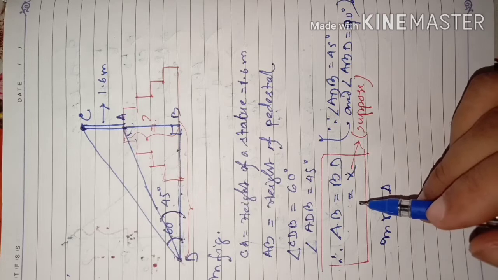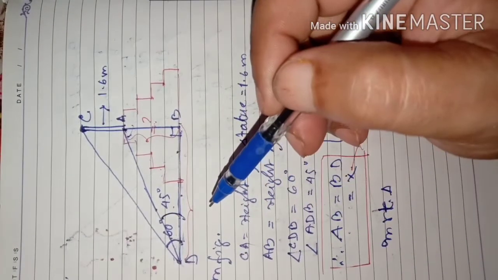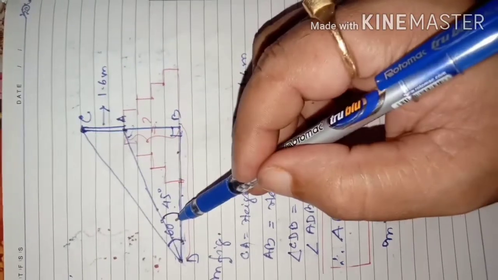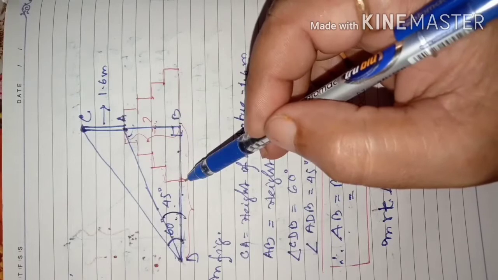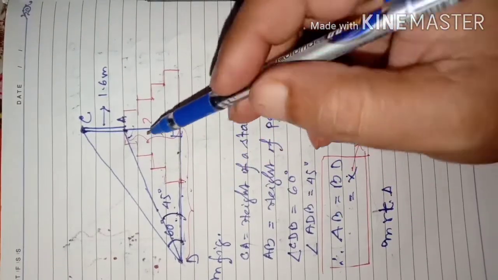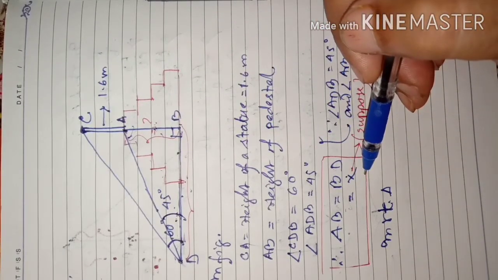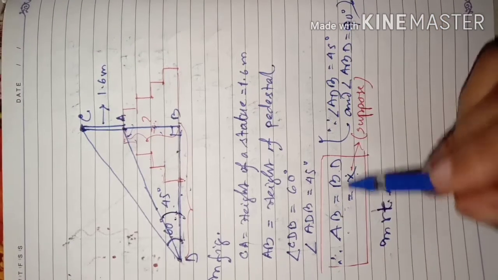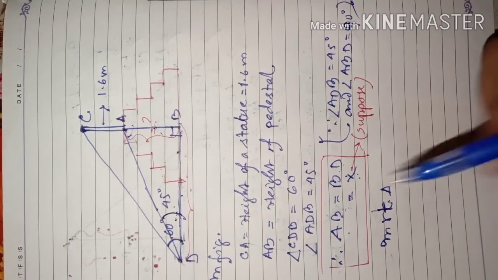You may be thinking we have not yet applied it. No, we have, because just now in the previous question, question number 7, I told you: 45 degrees is there, so tan 45 is equal to perpendicular by base. Since tan 45 is 1, both will be equal to each other. So that's why directly we wrote AB equal to BD equal to x. We are supposing one common length, say x, for both, since both are equal.